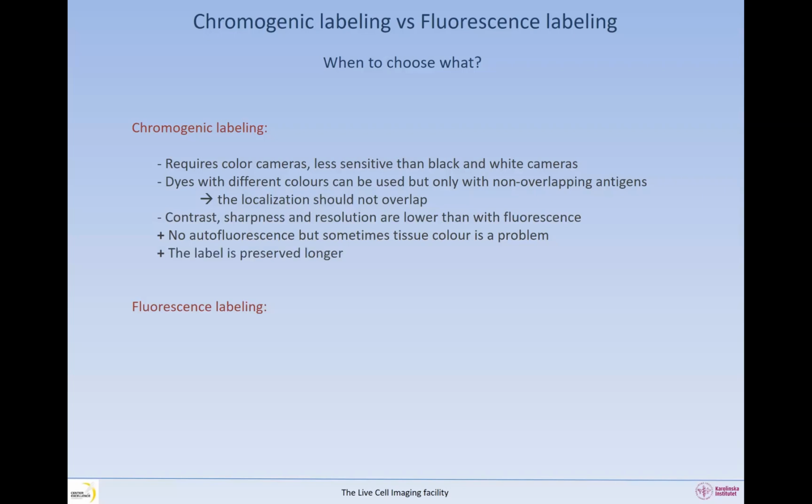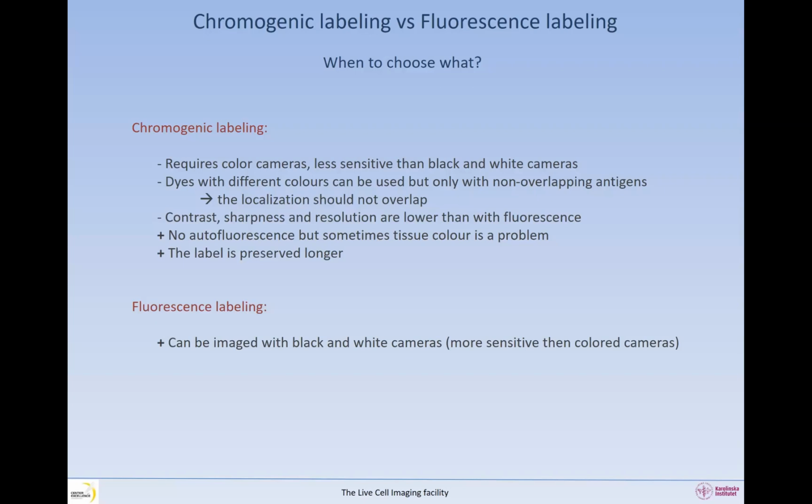Another advantage is that with the chromogenic method, besides being cheaper, the colors are preserved longer. Now, in the fluorescent labeling, you are using black and white cameras. Of course, you can image with color cameras too, but it's not